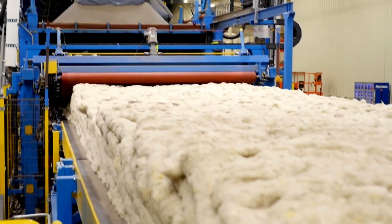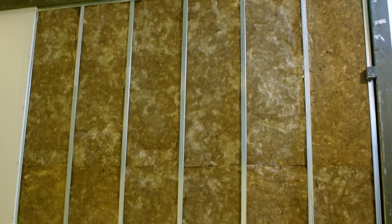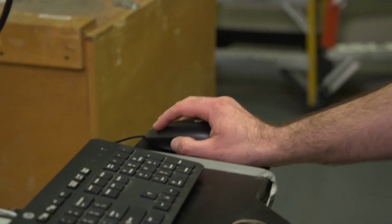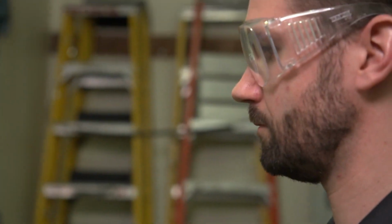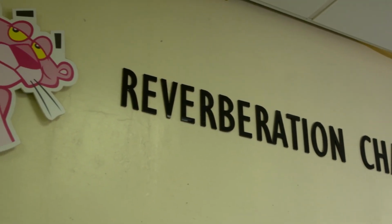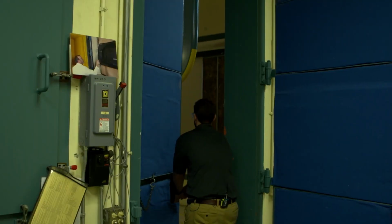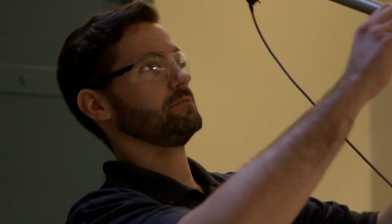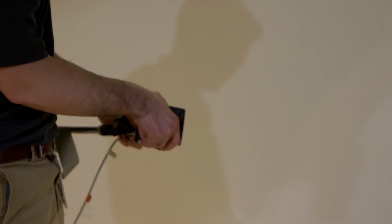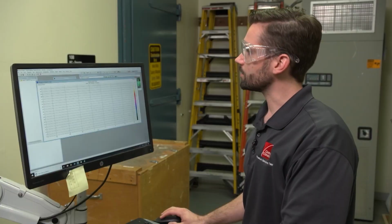Owens Corning's Thermafiber insulation is not only flame resistant, but it also has noise reduction capabilities. I'm Corey Taylor. I'm the technical lead for the Acoustic Research Center. This is where we design, develop, and evaluate the acoustic performance of our material. So we're going to be running our ASTM E90 test, and this evaluates the sound performance from room to room. The only way sound energy is going to get from our source room to our receive room is through the wall partition that we have in place. So we're going to start this test,